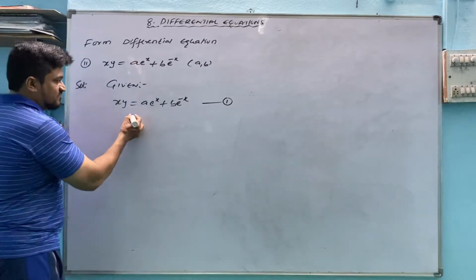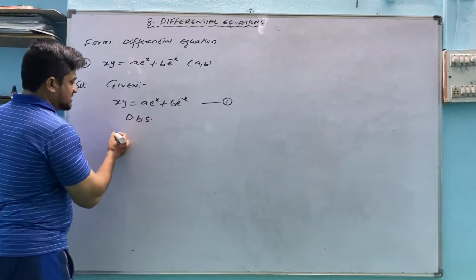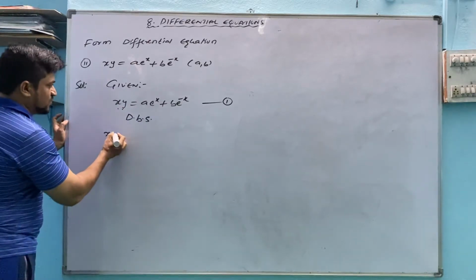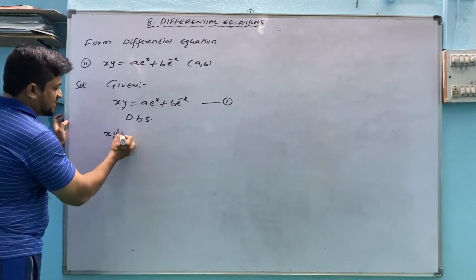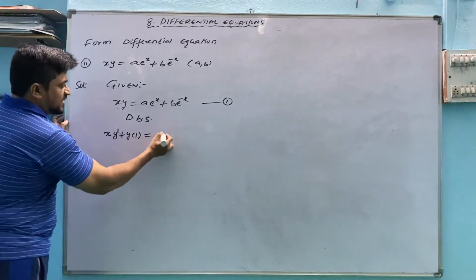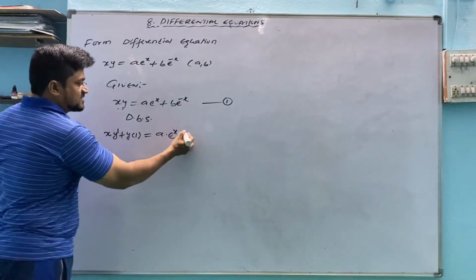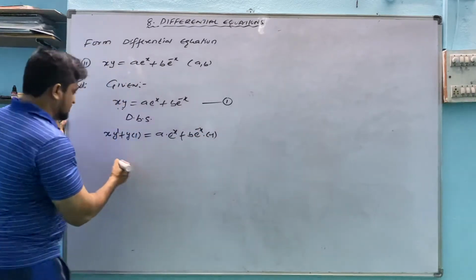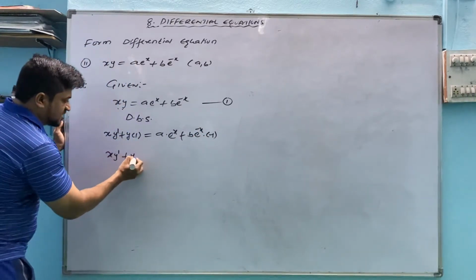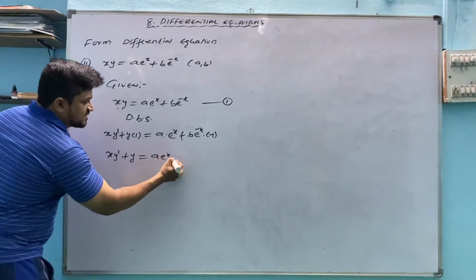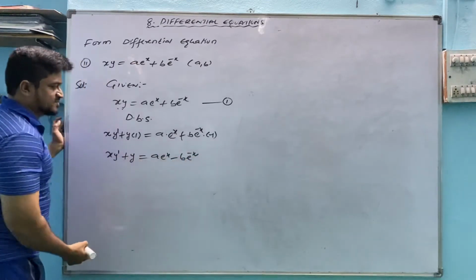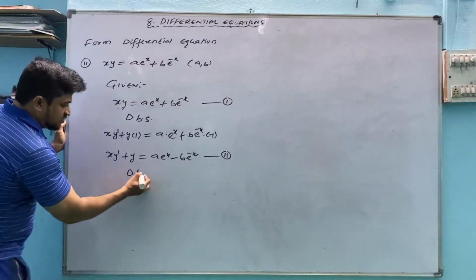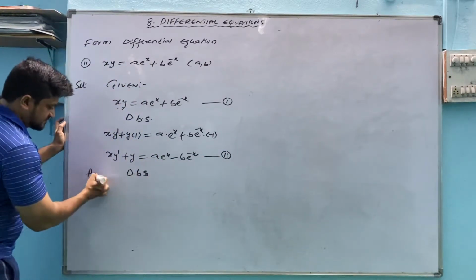First I am differentiating one time, both sides with respect to x. This is the u v form, x and y both are variables: u derivative of v plus v derivative of u. Then a into the derivative of e power x is e power x, and the derivative of e power minus x is e power minus x into minus 1. So the value after differentiation is a e power x minus b into e power minus x. One time differentiated. Then one more time differentiating both sides again.